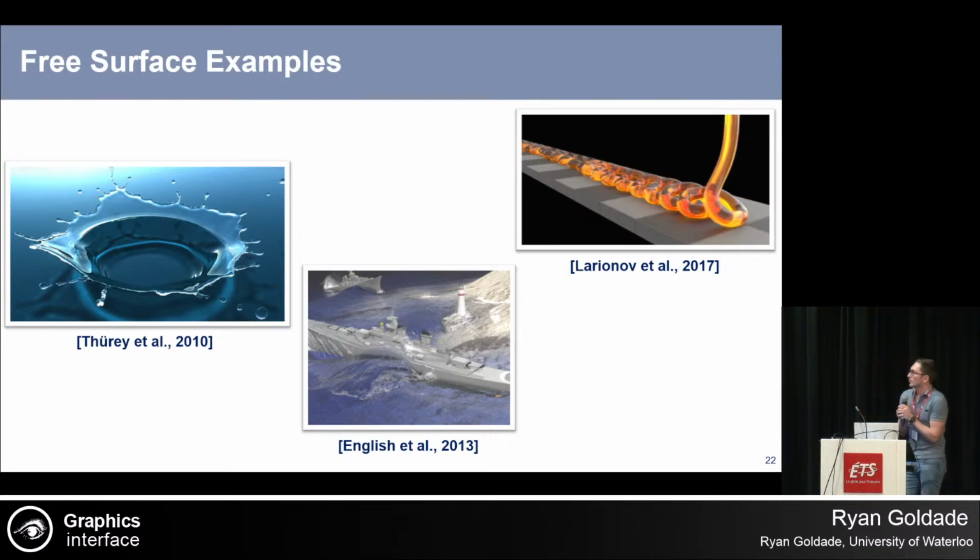So I briefly mentioned pressure being 0 at the surface. This is referred to as a free surface method. And we use this for all types of things like the crown splash, the ocean simulation, the viscous coiling. The idea here is that we just treat air as a massless void. And again, we're making simplifications, but we're trying to make careful simplifications. Like, we don't really need the effect of the ambient air for the ocean simulation, and you probably don't want to simulate it either, same as the viscous coiling.